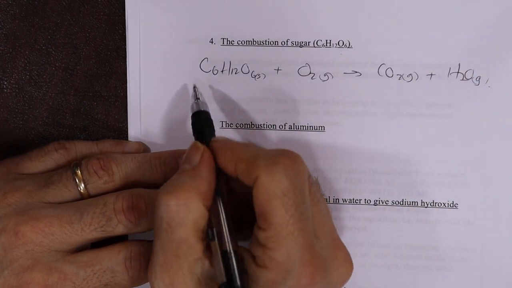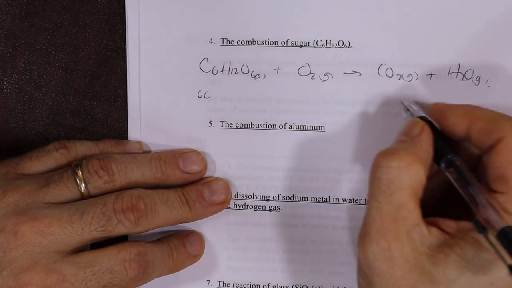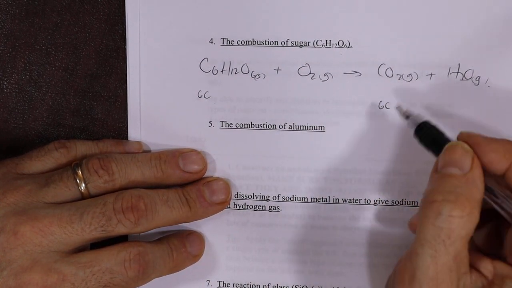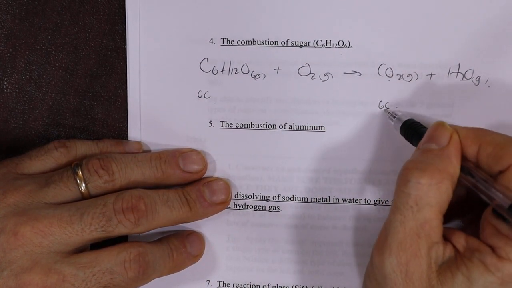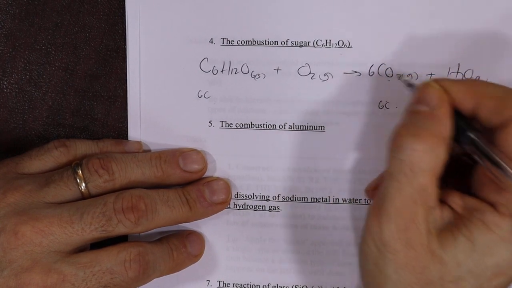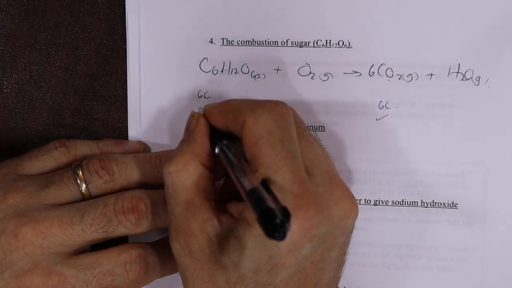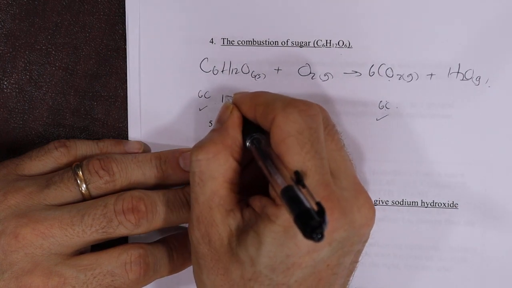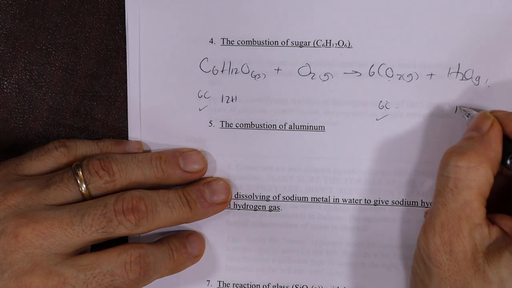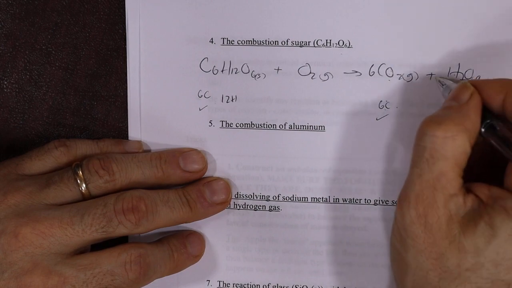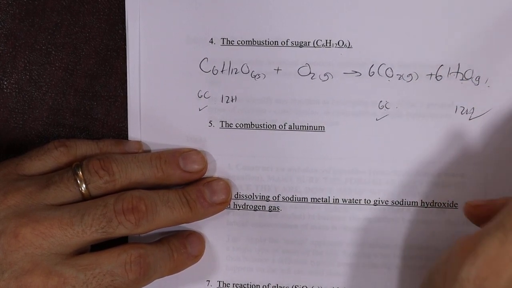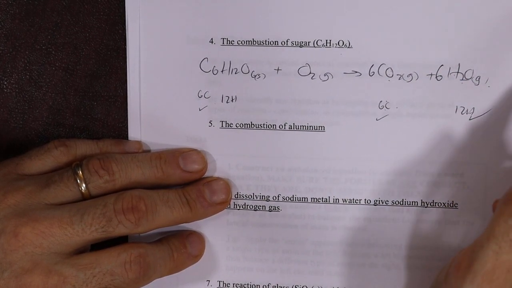Carbons first. How many carbons? 6 carbons. So I need 6 carbons over here. 1 molecule so far with 1 carbon. Oh, I need 6 molecules. Okay, carbon's good. 12 hydrogens. Okay, I need 12 hydrogens. 2 per molecule. Oh, I need 6 molecules then. Good to go. Now remember, we've locked in